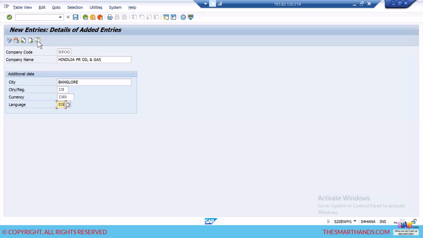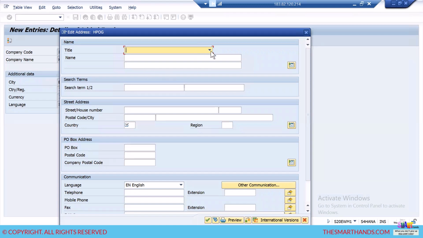After that, you have an address button over here. So just click on the address button. I'm going to give HPOG, Hinduja Premium Oil and Gas. HPOG, the search item. So street, I'm going to give Echo Space,